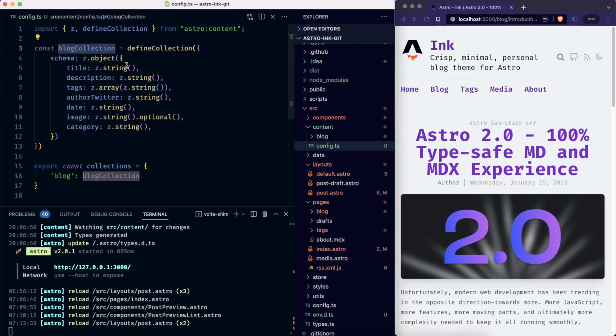Because by default, the Zod API actually removes any property that it doesn't recognize. So other and other images, though we were using it in the post layout, weren't described and weren't known to the collection API, right? So we can go ahead and tell about the other